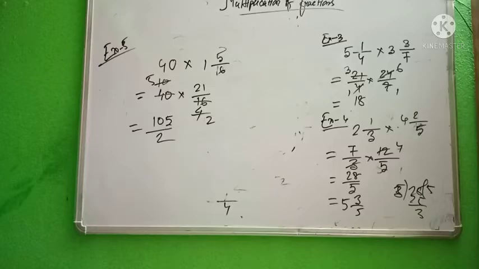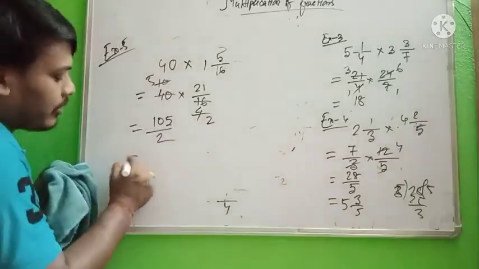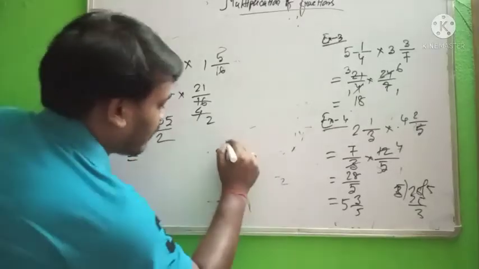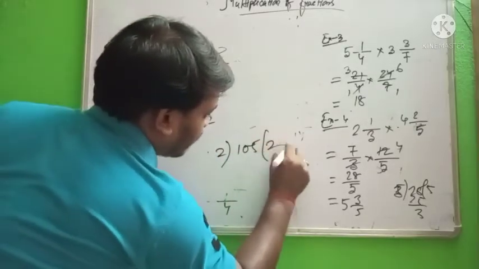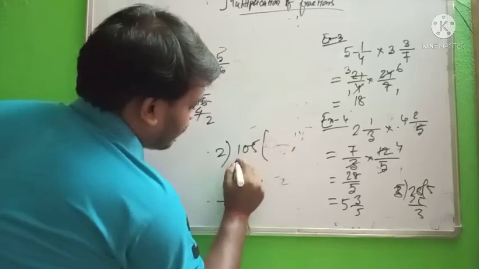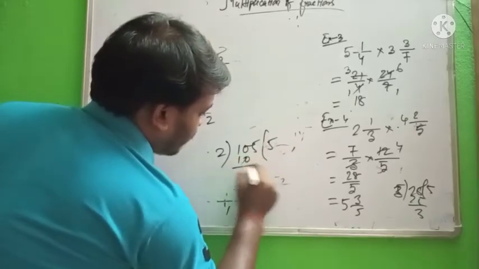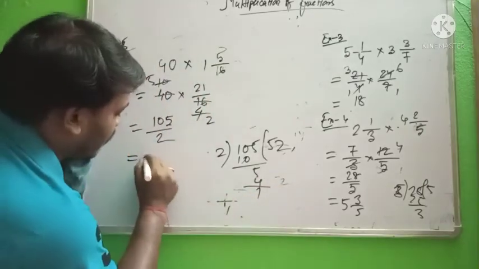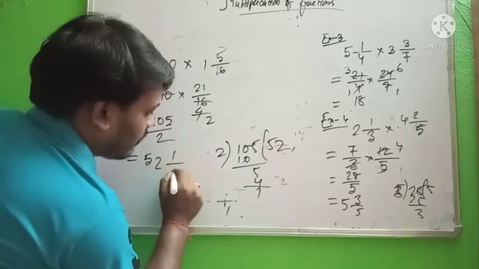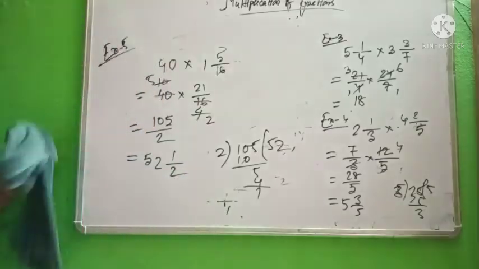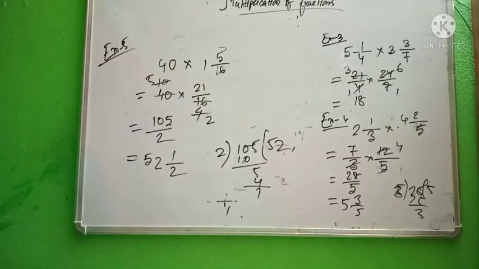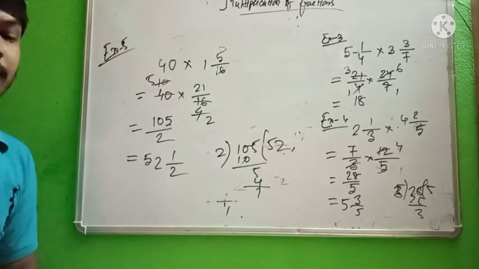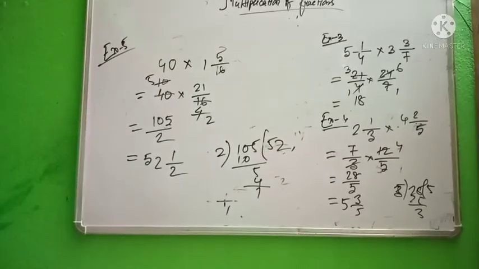Numerator is 10 times 37, over 4. Since it is an improper fraction, we need to convert it into a mixed fraction. So if we divide, what is the answer? The quotient and remainder give the mixed fraction. So by using this concept, you can solve 8A and 8B easily. So your task is 8A and 8B. For today, tata.